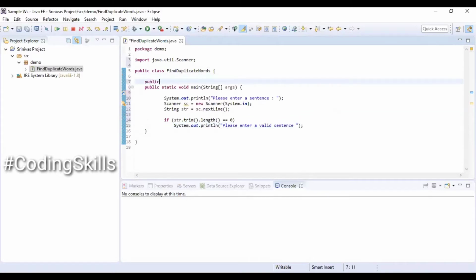Here I am creating a static method which is going to check for the duplicate words, and I will pass the input string to this particular method.